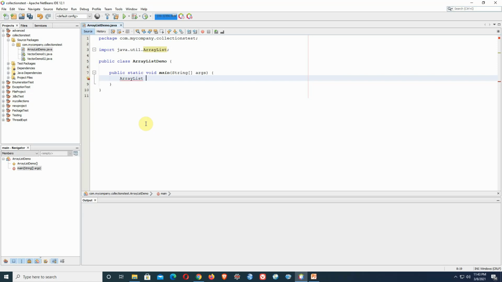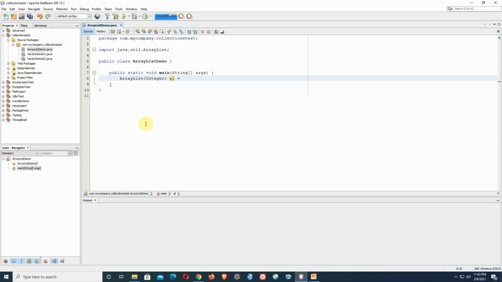Suppose we are going to create an ArrayList of type Integer, using the concept of generics. So ArrayList AL.